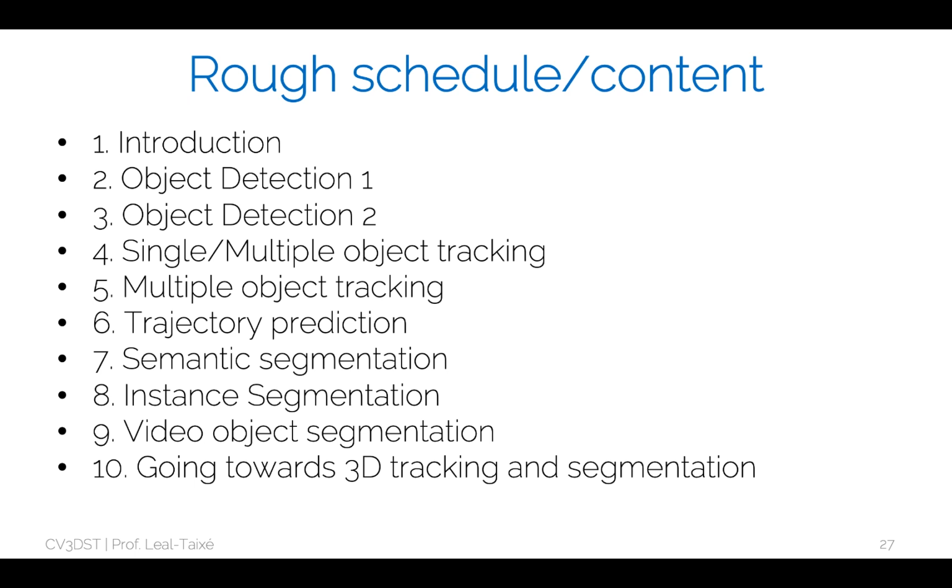So the rough schedule, the rough content of the lecture is going to be, aside from this introductory lecture, 2 lectures on object detection, 1 stage, 2 stage. Then we're going to move to single and multiple object tracking, also for 2 lectures. We're going to have a lecture on trajectory prediction. Generative adversarial networks are going to be presented also. Then we will move towards mask representation, so segmentation problems, semantic segmentation, instance segmentation, and video object segmentation. And finally, as a last step, we're going to go towards the 3D world and see how tracking and segmentation